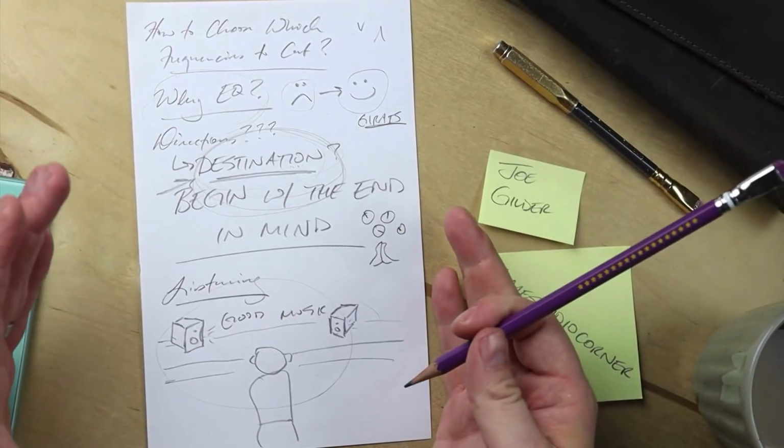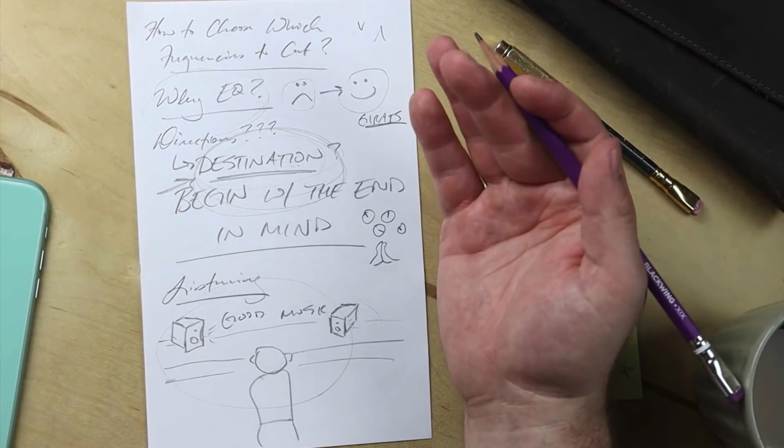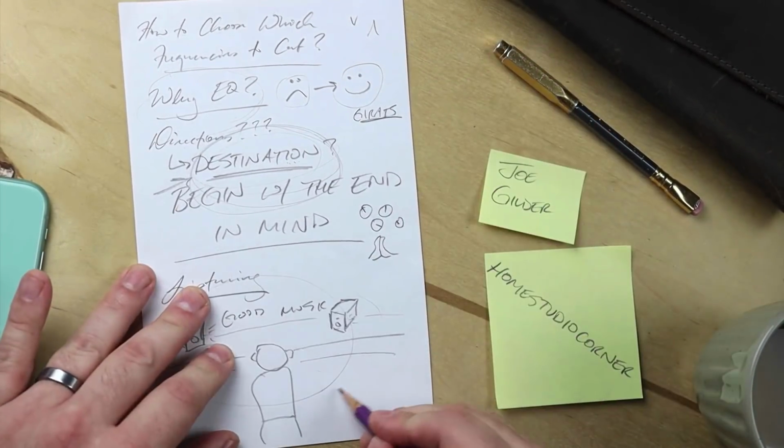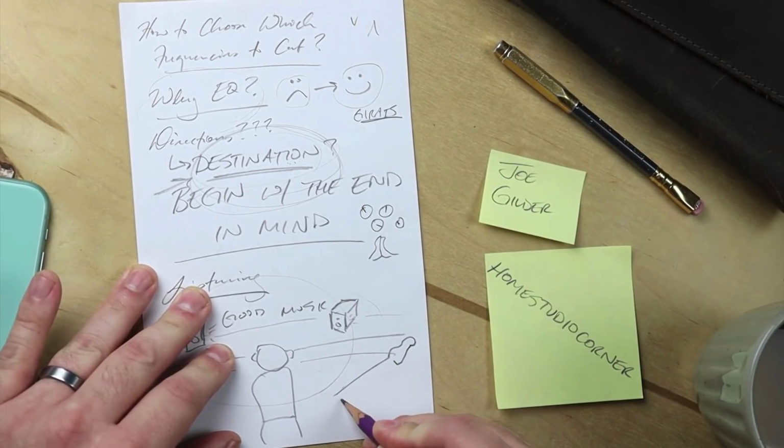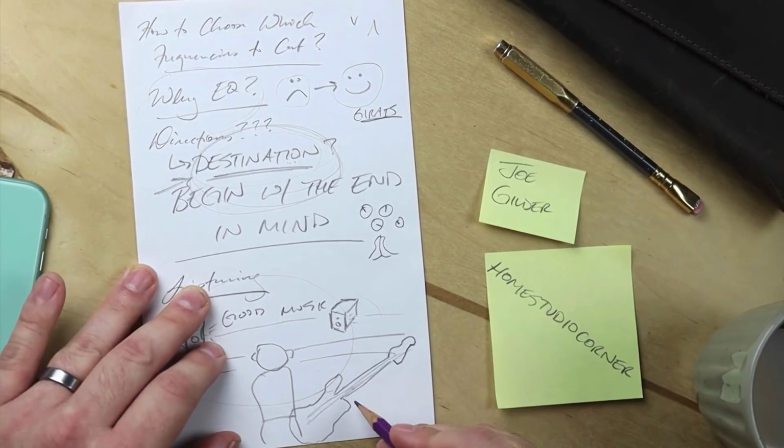What frequencies do they inhabit? How do they sound relative to everything else? Think about it this way. I'm going to draw a terrible guitar here. Let's say you're an electric guitarist and you know all the great... this is going to be a terrible Stratocaster, looks more like a bass. This is absolutely a bass. All the great guitar players